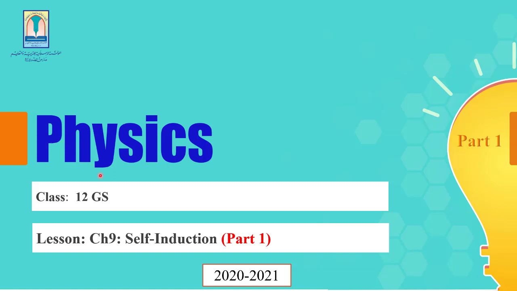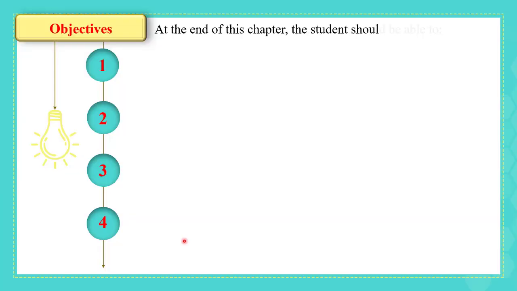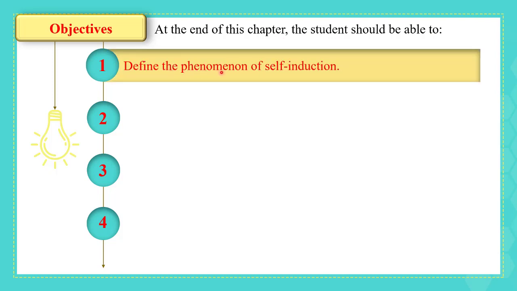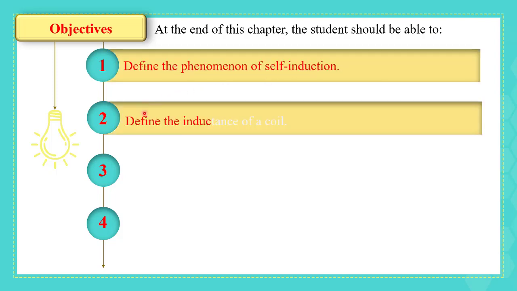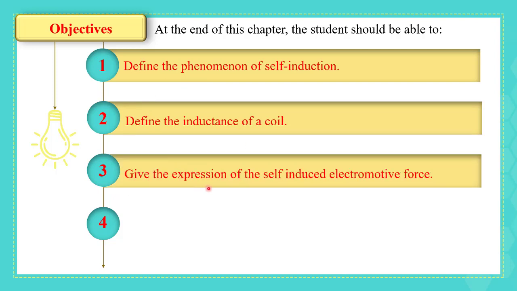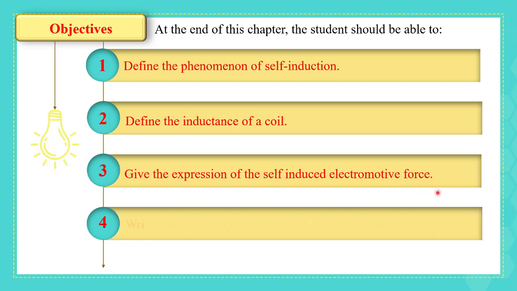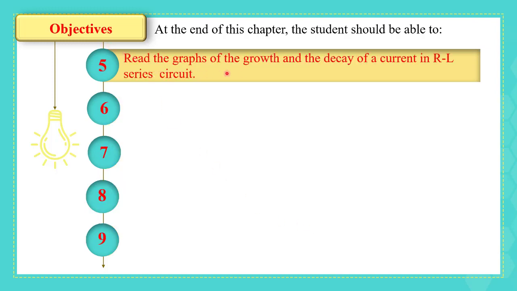In this series of videos, we are going to talk about Chapter 9, Self-Induction, which is the second chapter of the second unit, Electricity. At the end of this chapter, we are going to be able to define the phenomenon of self-induction, define the inductance of a coil, give the expression of the self-induced electromotive force, write the expression of the potential difference across a coil, read the graphs of the growth and the decay of a current in an RL series circuit,